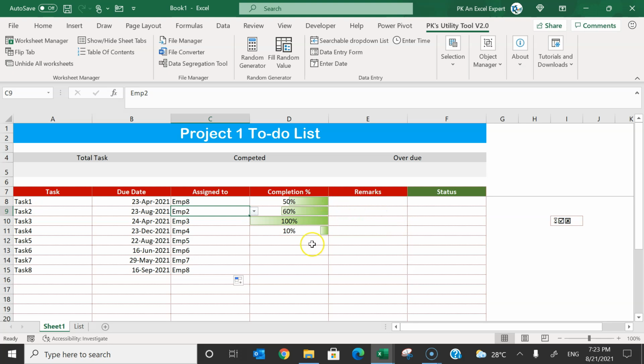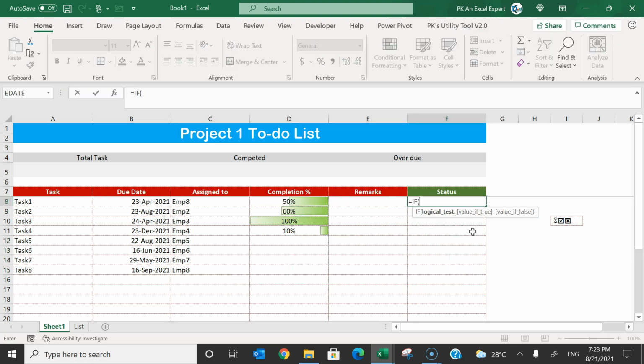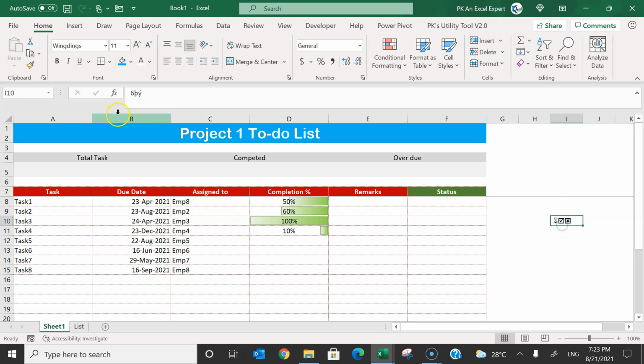Alright. Now here you can input the completion percentage. I'll put here an IF, and I'll use this completion percentage: if it is 1, meaning 100%, then we will take it as completed, meaning that check sign, this one.